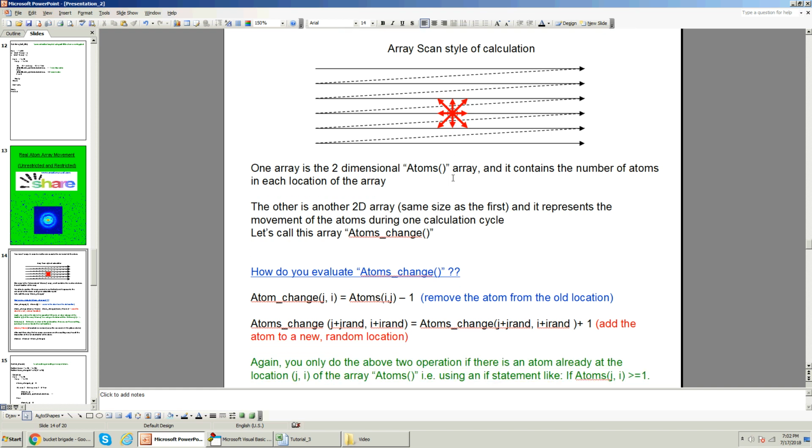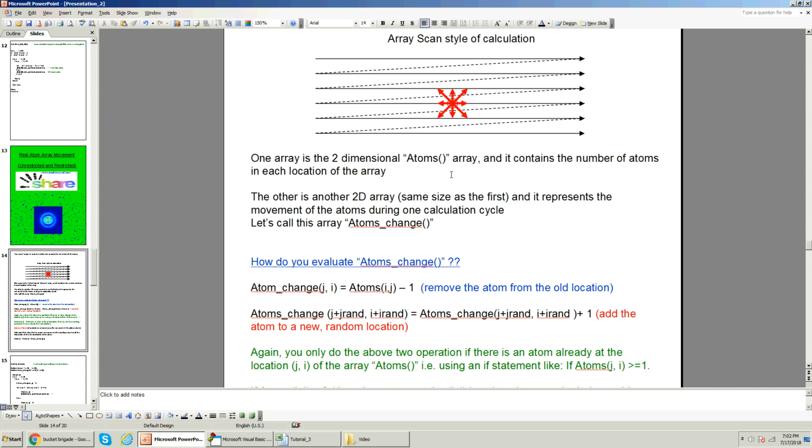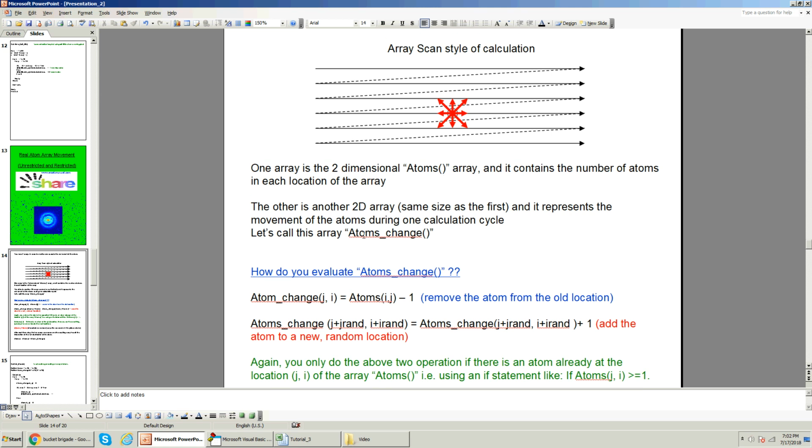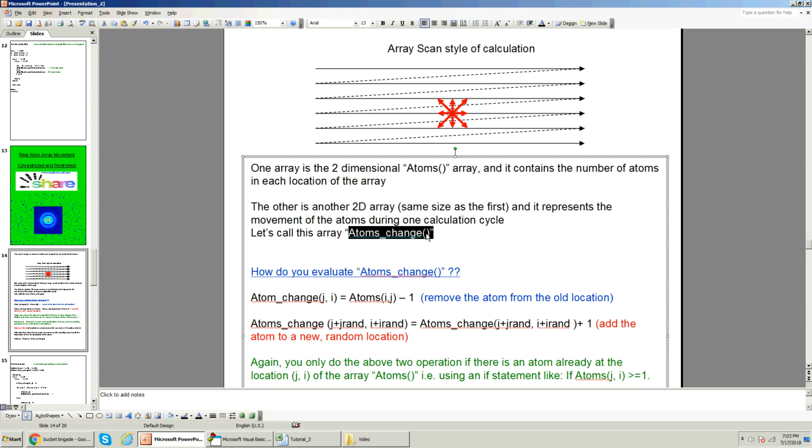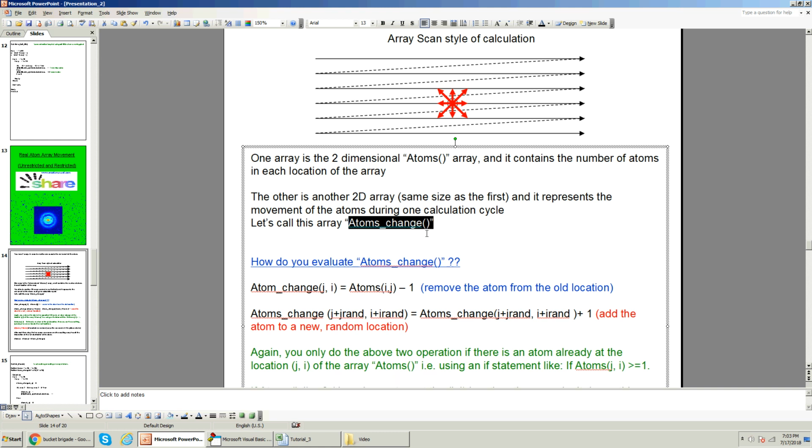So you need to add two arrays the same size, one called atoms, one called atoms change. In this first array, atoms, you will do measurements. In this atoms change, you will do changes. You will keep track of the changes. And then at the end, after you finish scanning everything, you add them together and you get the new iteration